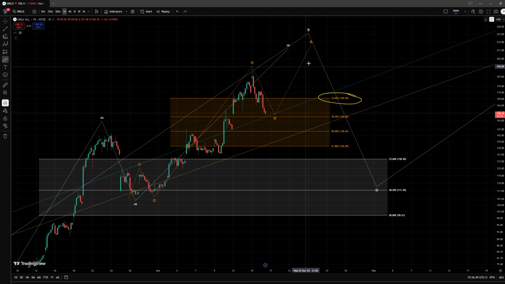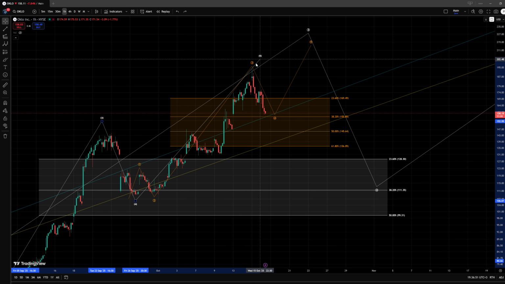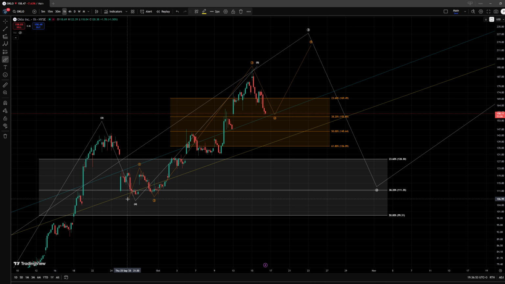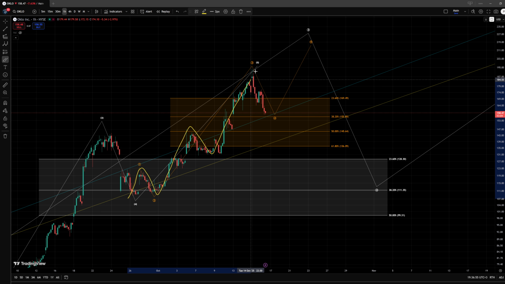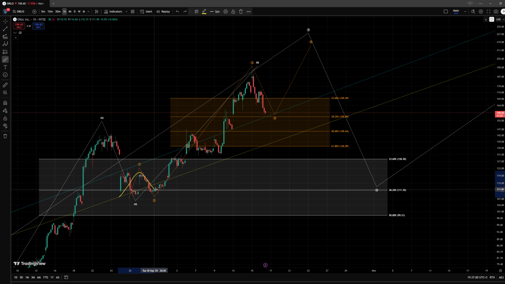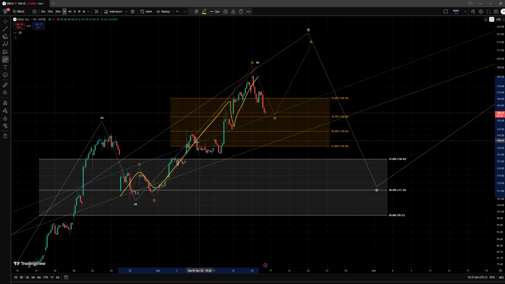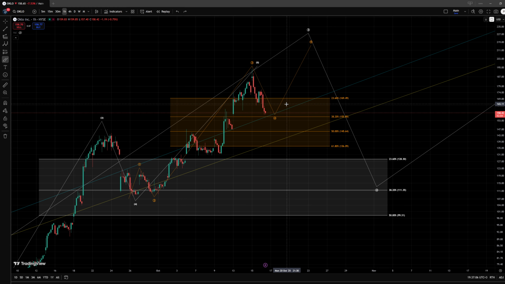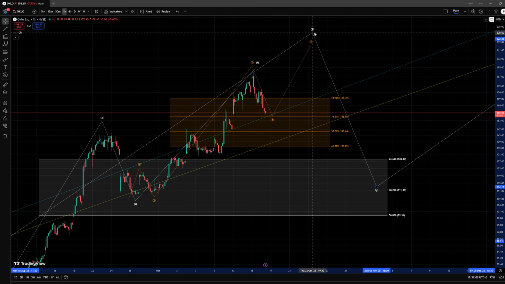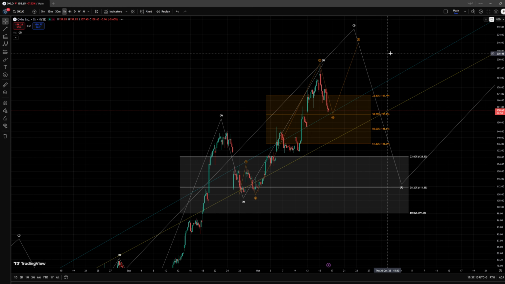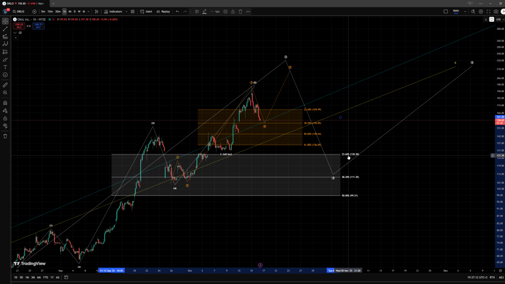Now, don't get me wrong, it is possible that this fifth wave has stopped. It is possible to count this as a 1, 2, 3, 4th, and the fifth, to have this pattern fully done. It could also work. It's just a bit unlikely in my opinion, and I do prefer still another high within this larger wave 3, but we can assume that we did top and have a larger general support zone available,